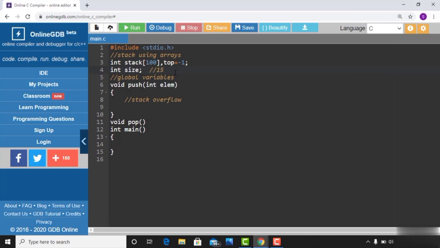Okay, and if you enter the 16th element, then it will give you a stack overflow condition. So 15 is the maximum size of the stack, guys. And think about it, I'll ask you one question. If 15 is the maximum size of the stack,